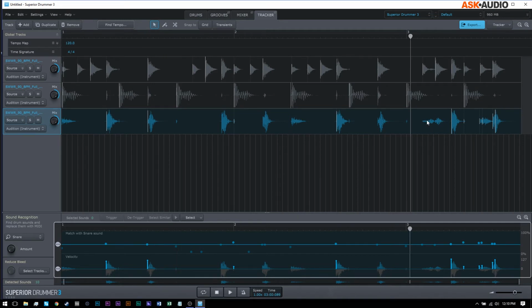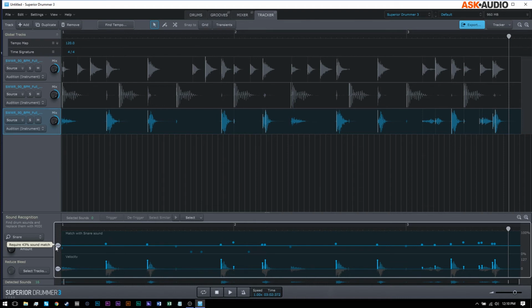Perfect. And if we come over here, there's this little roll right here, and if we listen, it's not being picked up, and that has to do with the sensitivity down here. We can actually pull this down until we get these little white lines to show us that's where hits are happening. If we go ahead and play that now,